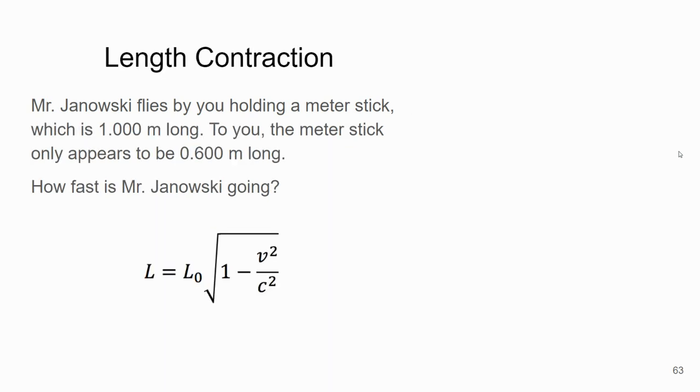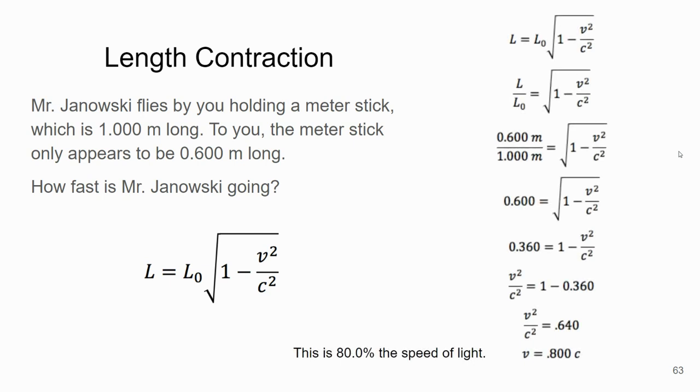So we're going to try to figure out how fast I'm going. So the thing we're looking for is V. So in this situation, we know observed length L, we know proper length L naught. Plug them in, and then find your own way to do the math. I mean, you can do it my way. I'm showing you a way I thought is going to be easy to learn. But if you have your own style for doing the algebra, as long as you're showing me enough work and I can see what you're thinking, I'm happy.